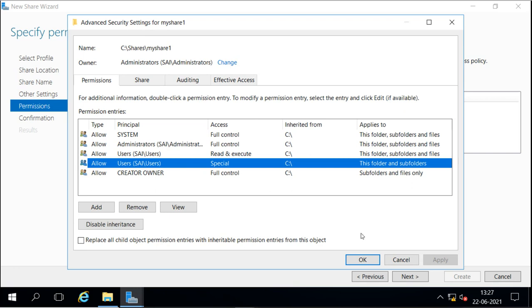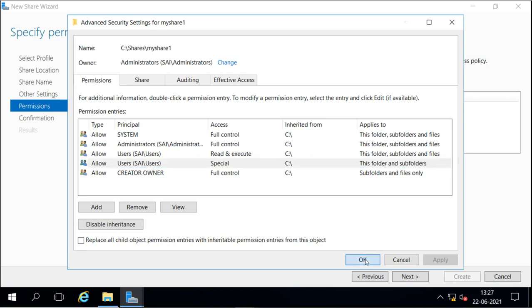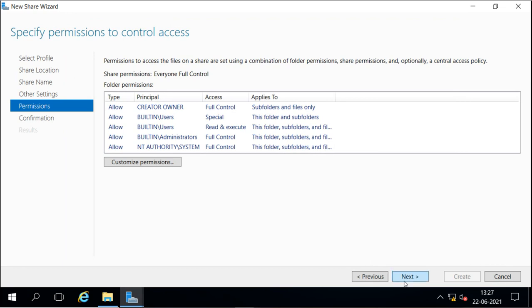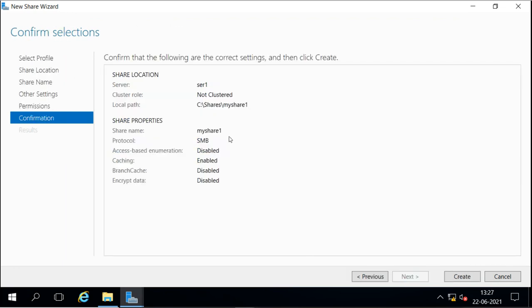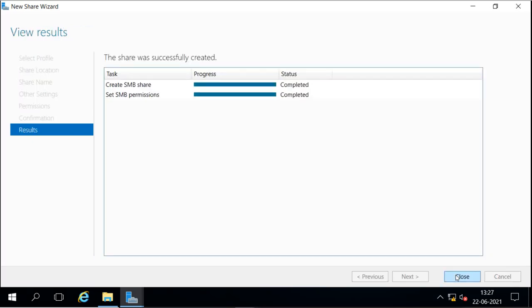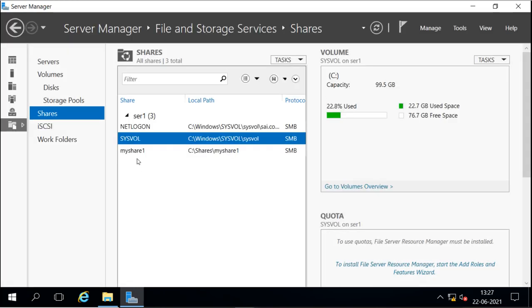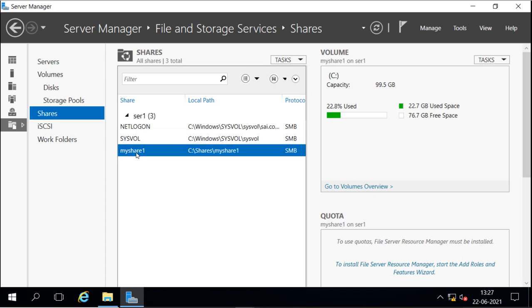I will not change any, I will go by the default. So this is what I selected, and now I can create the share. Now it is created, and this is the one which I created from here.